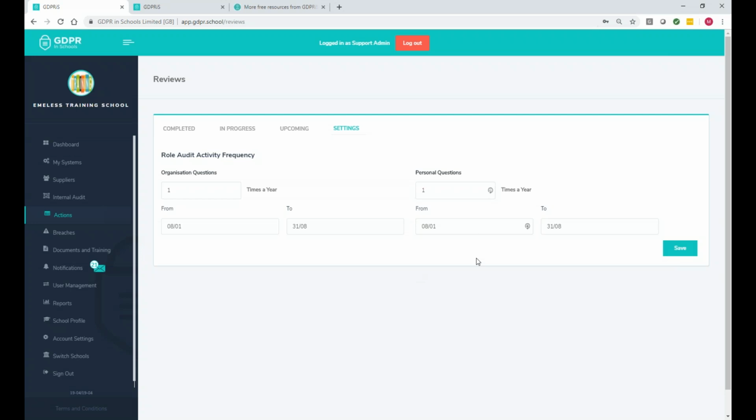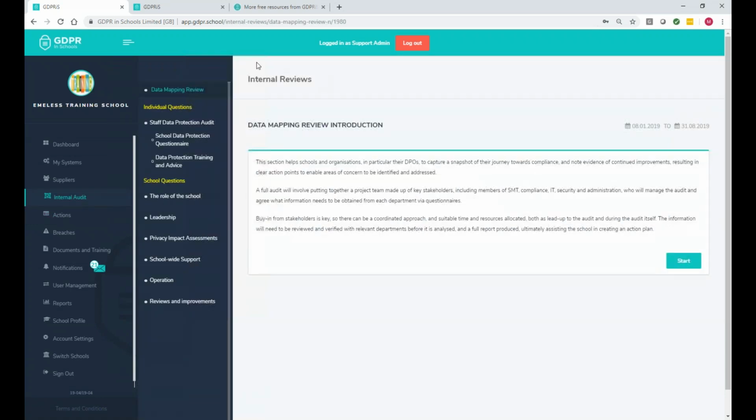Now, just to warn you, we've got a really, really cool inbuilt make a cup of coffee moment, because you click save and it takes about 5 minutes to unlock that part of your portal. So an ideal time, make a cup of tea. Right, so as you can see, my audit is already running. So my internal audit bar will open. There we go. So new navigation pane,